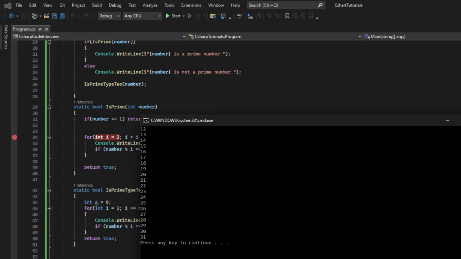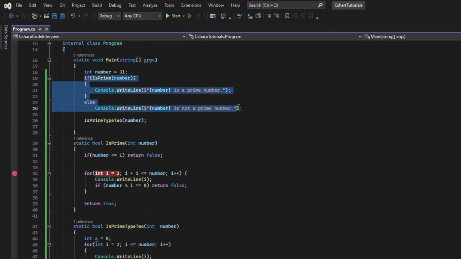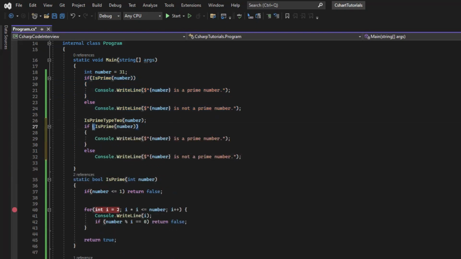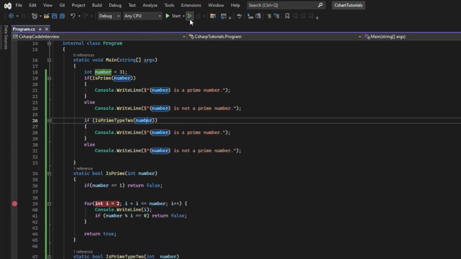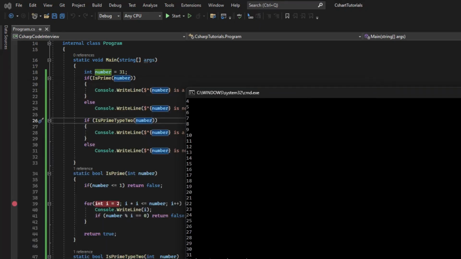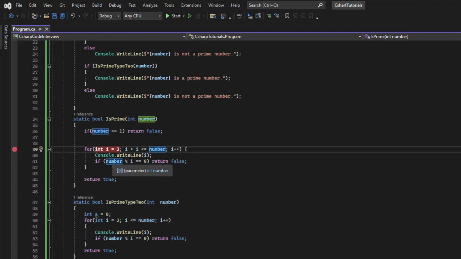It's doing the same. Okay, if I do the same here, okay, let's do this. At the end it says 31 is not a prime number. Here it says prime number. So this logic is wrong. So why? Because once we get this done, instead of this we need to check